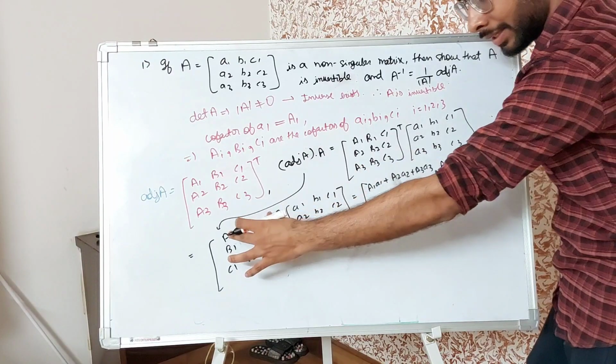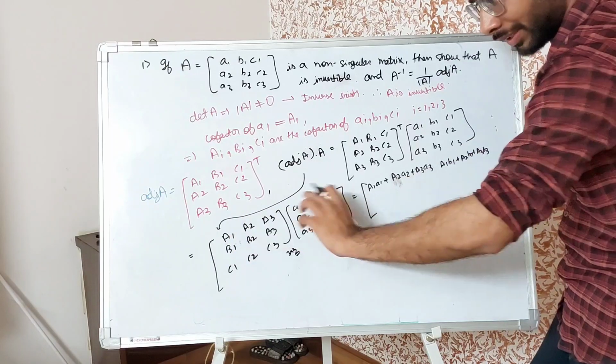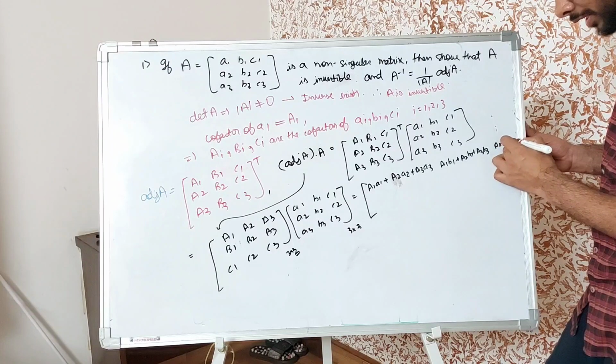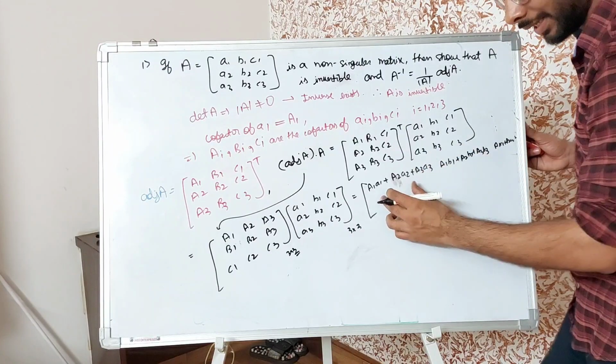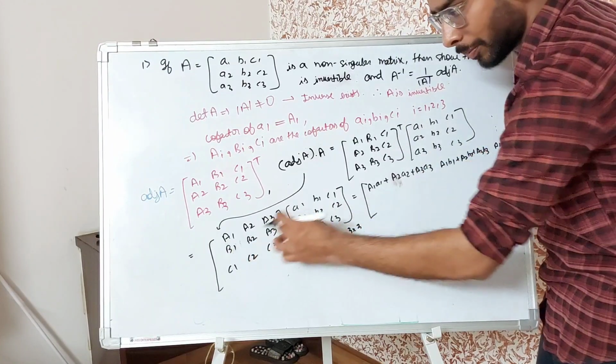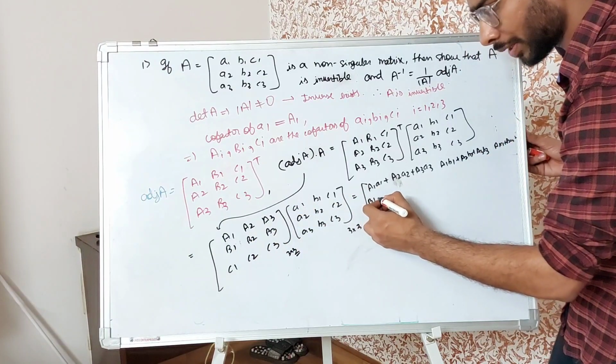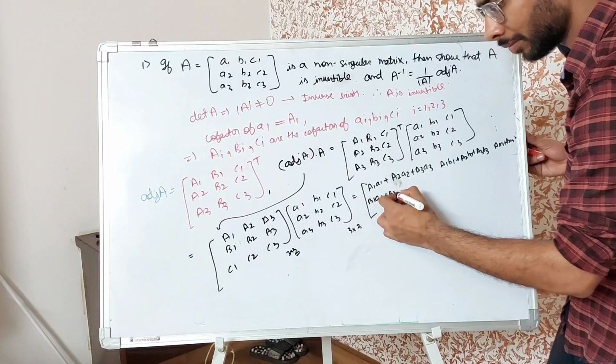Similarly, you can write A1, A2, B3, A1, A2, A3, and C1, C2, C3, right? A1, C1, A2, C2, and A3, C3. Similarly, let's write this one. It's B1, A1, B2, A2, B3, A3. So write the first one B1, A1, B2,